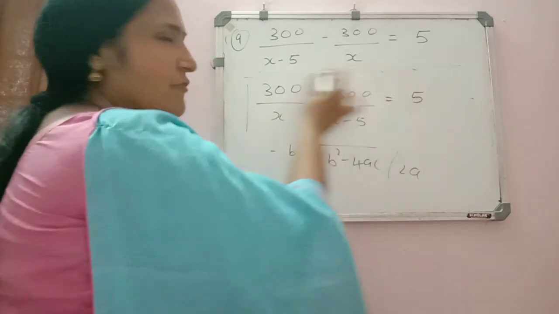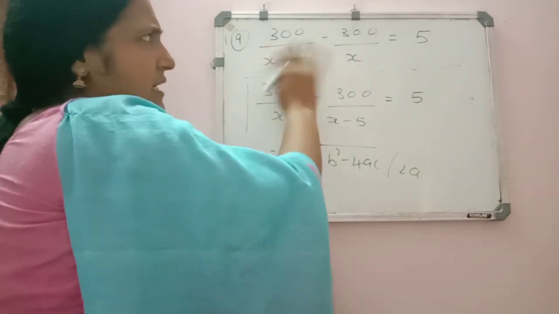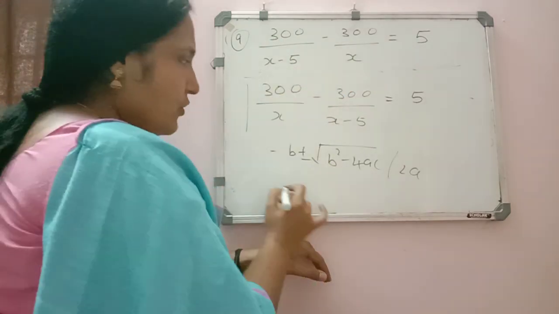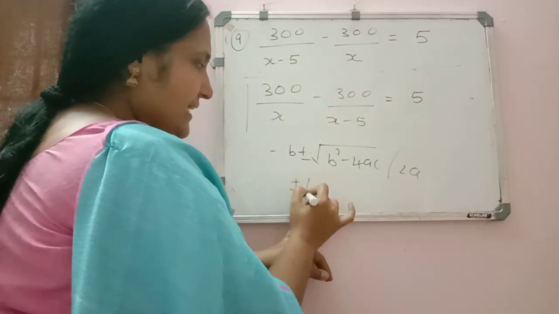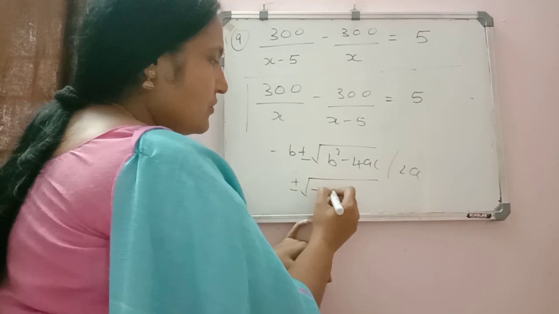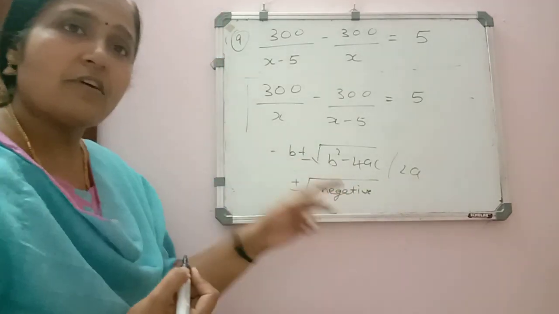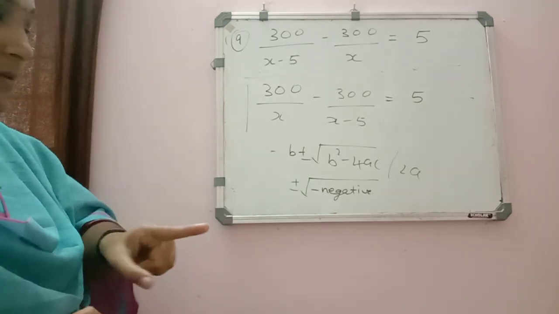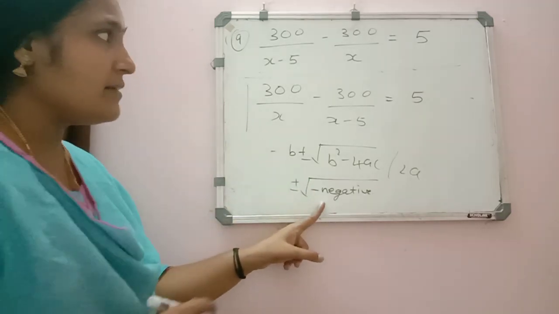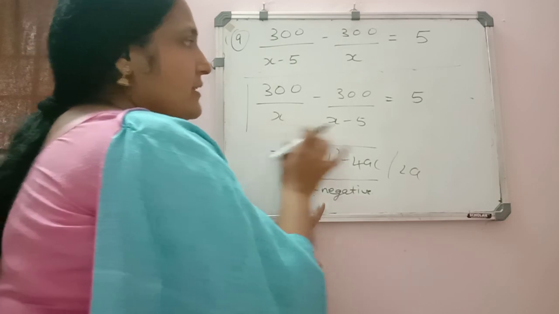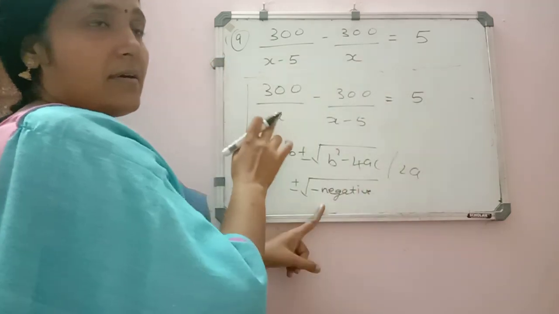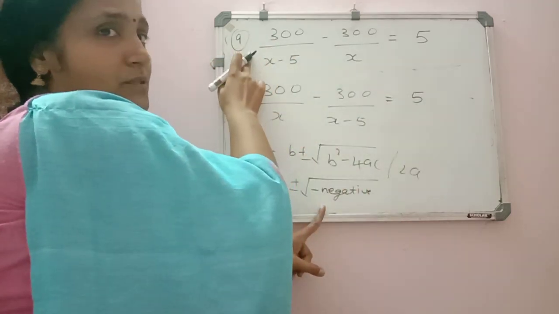If you write the information wrong in this way, just changing the position there, then what will come? When you solve inside the square root, you will get a negative number. And we know the square root of a negative number is not possible. This occurs because your first statement was wrong. It should be written correctly in this way only.